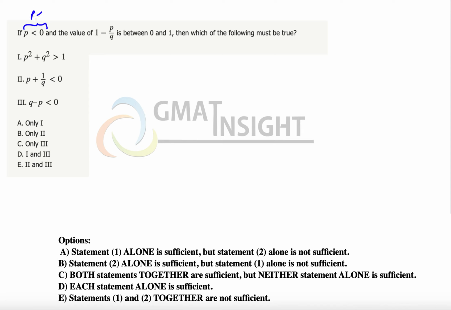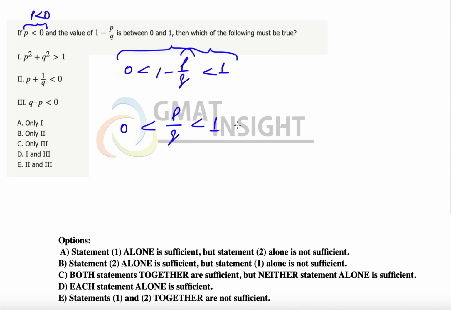0, which means p is a negative value and the value of 1 minus p over q is between 0 and 1. We can simplify this by taking these two inequations separately, once this and once this. We understand that this is possible only when p upon q itself is between 0 and 1. Now we know that p over q is positive, and because it is between 0 and 1, that means certainly